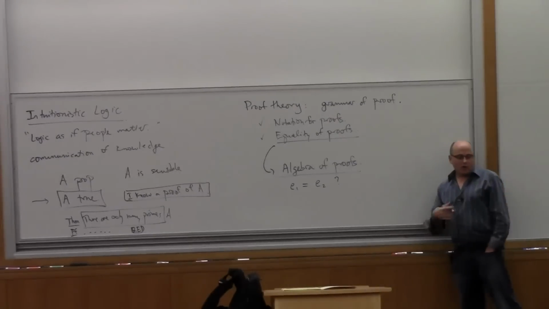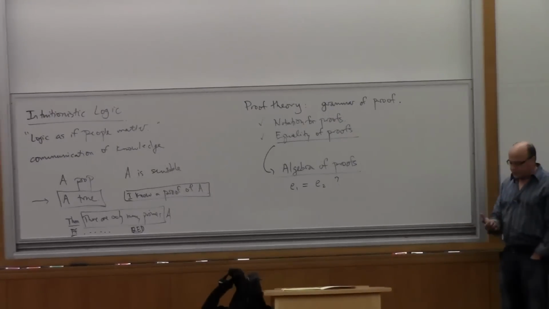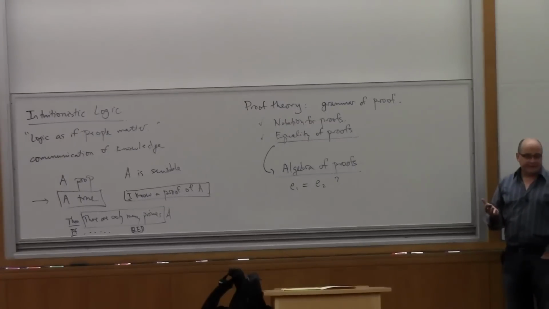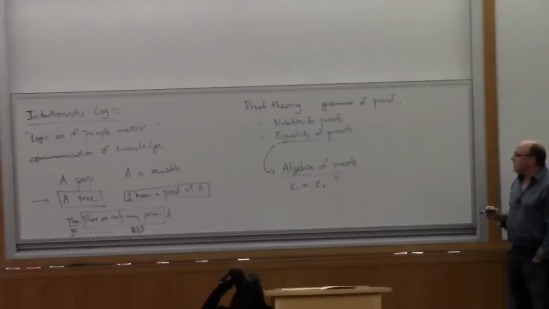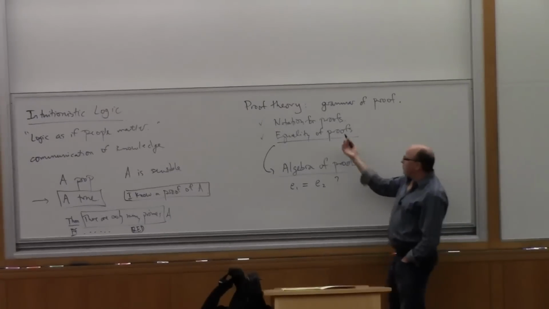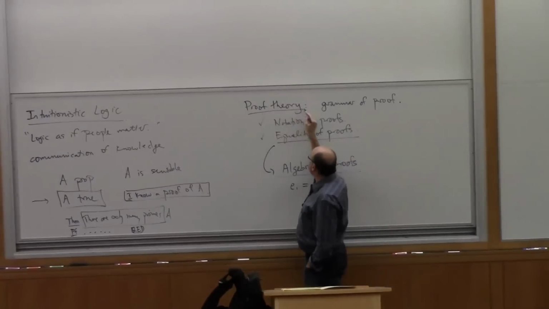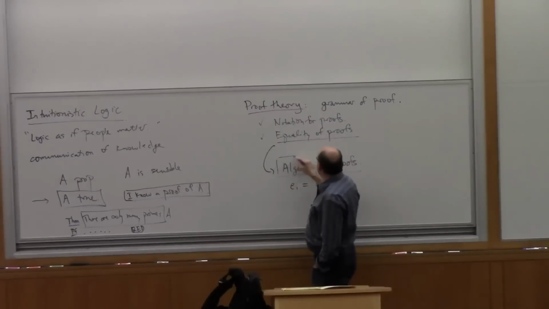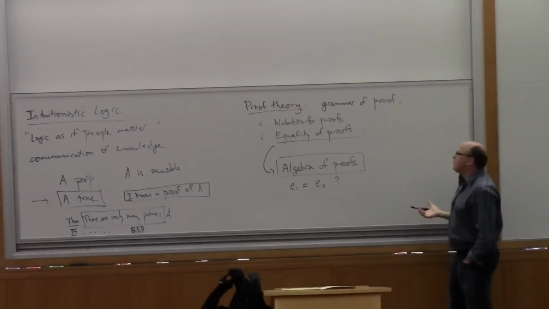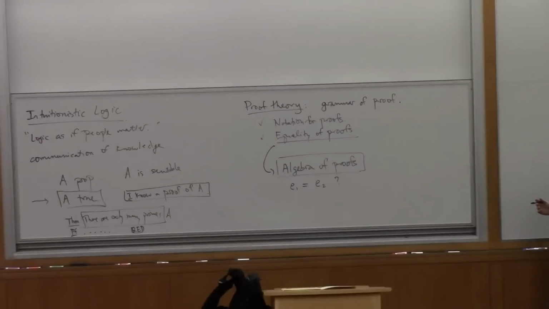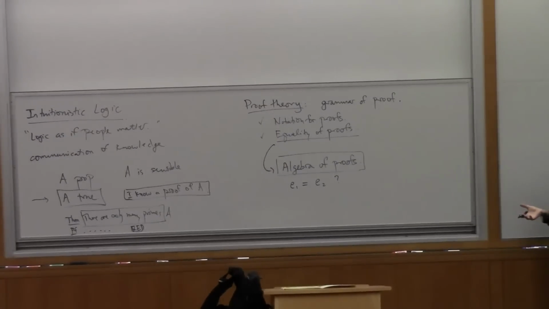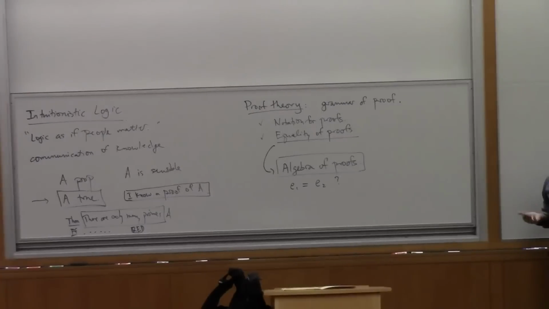Or if you look at more abstract algebraic structures, groups or something, they're given by equational laws. So you're worried about equality. Okay, you're always dealing with equality. So what is going to happen is I'll motivate this a little bit. Proof theory will give us a notation, and the algebra will give us some way of reasoning about when two proofs are equal. So the reason to do that is to give us a concept of what abstract object we are talking about.